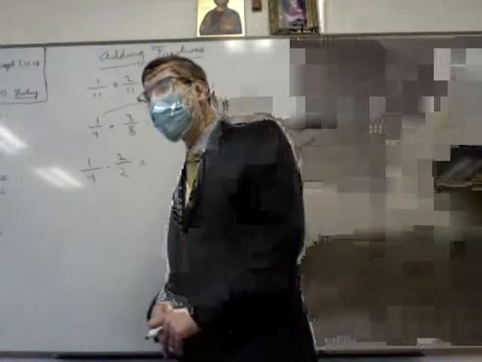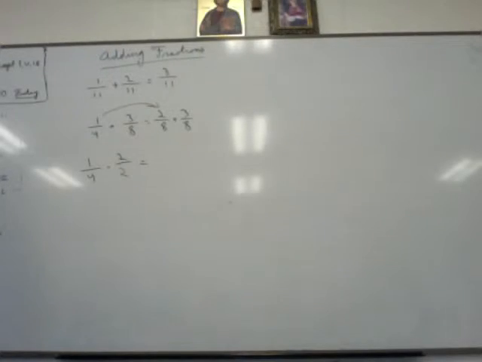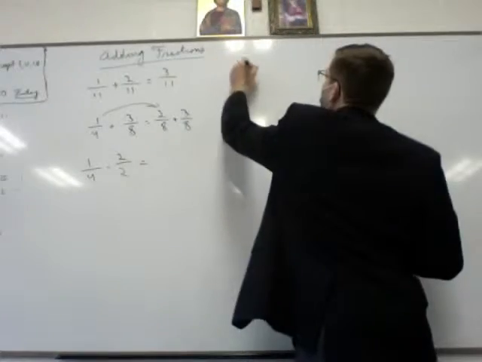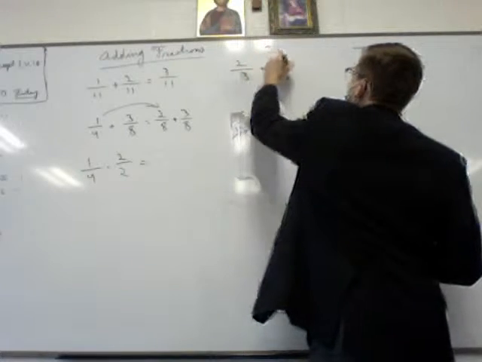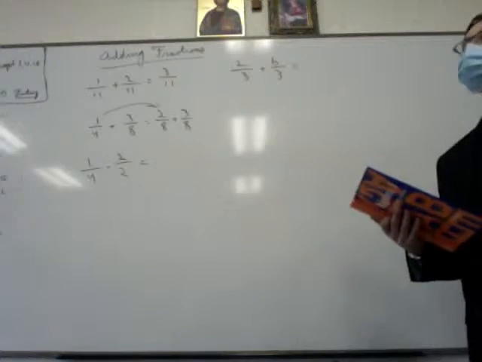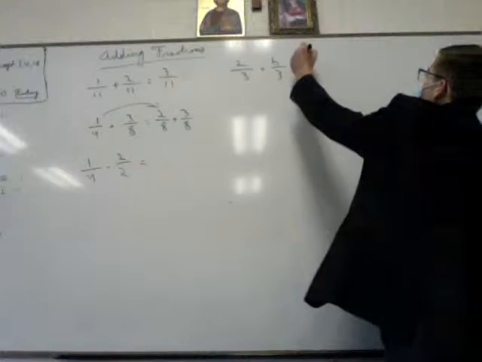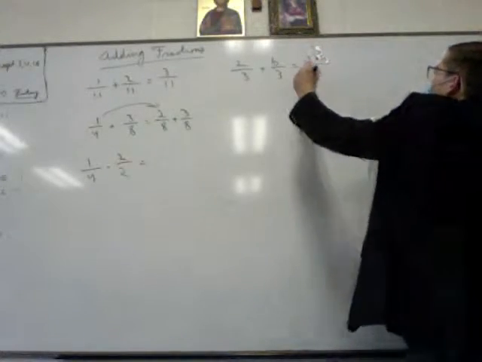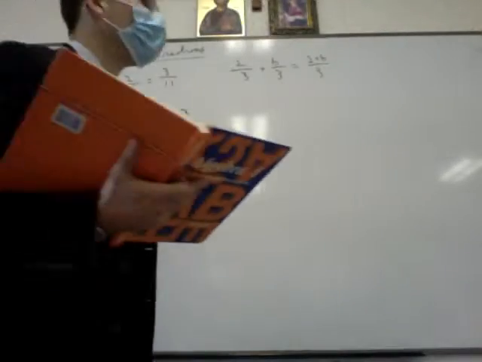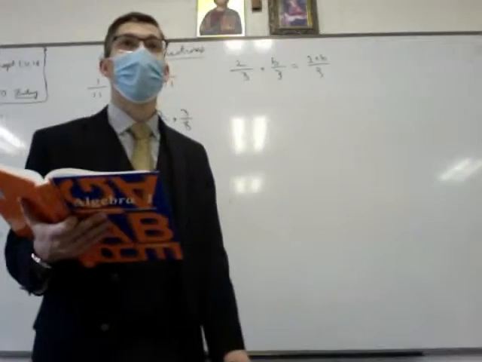Okay. Now, the same thing applies to what we call rational expressions, which are algebraic expressions. 2/3 plus b over 3 is 2 plus b over 3. Why am I allowed to do that? Because adding